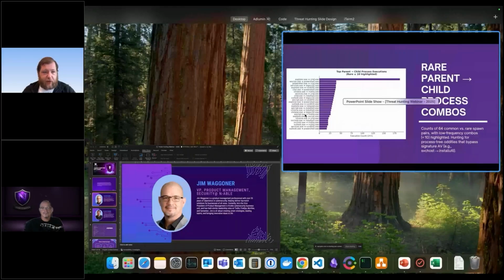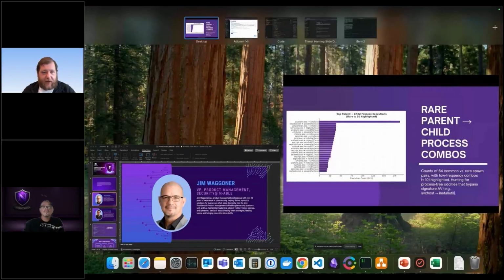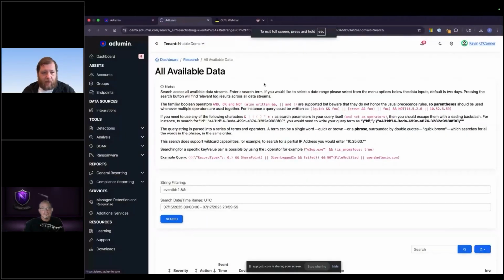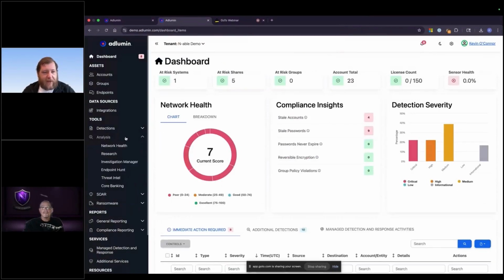First thing we do is literally go over to our Adlumin. This is what it looks like from the get-go. There's our portal, there's the dashboard, there's the portal. What we're going to do is go over to analysis, and depending on how much data, how large, let's